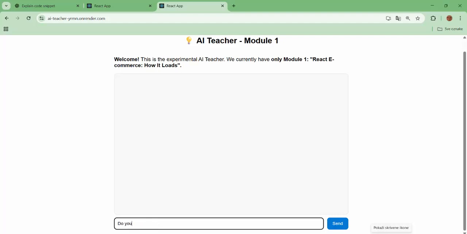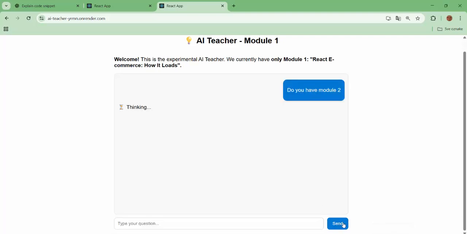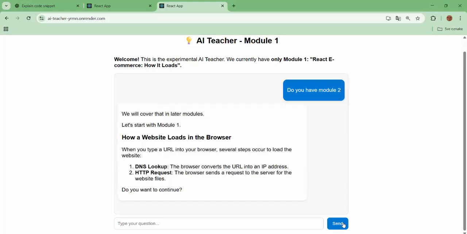Do you have Module 2? Look, you can ask what you want. You see, we will cover that in later modules. And for now, in that first moment,